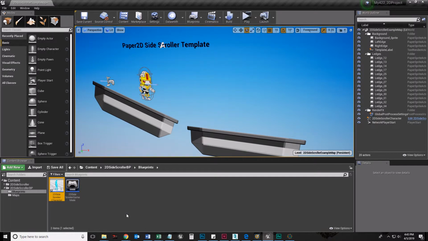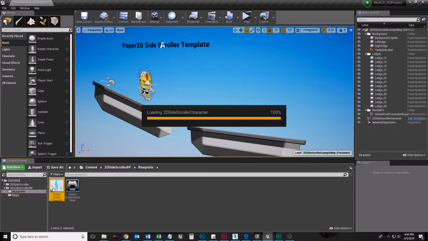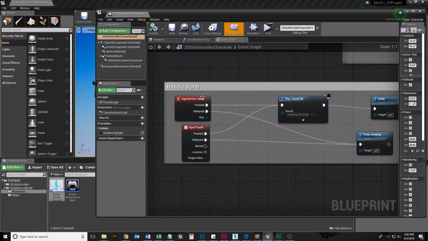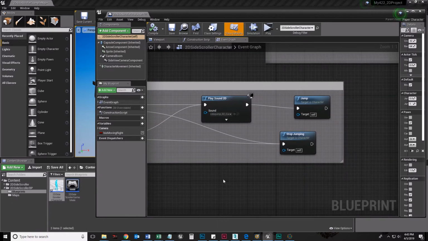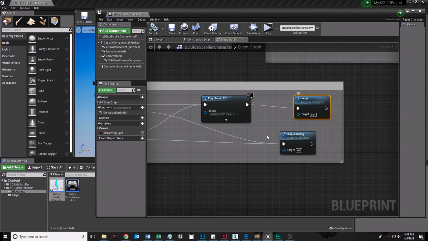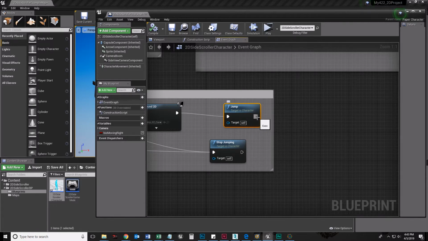This is for my character design course. We are just bringing our sprite sheets into Unreal Engine, and we're working on jumping and sound and stuff like that. So what we are going to do is make sure that when we are playing our game, our jump only happens when we jump. Okay? So let's go into our 2D side scroller. And when we are jumping, it's going to play a sound every time we hit the jump. But guess what? We only want our sound to happen